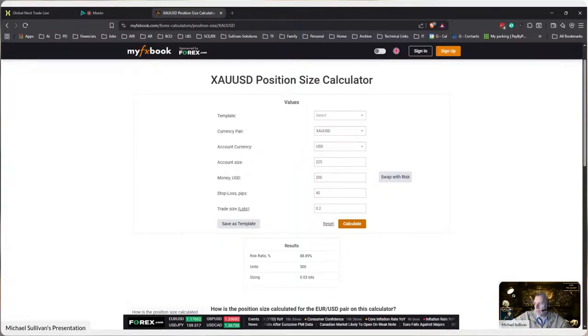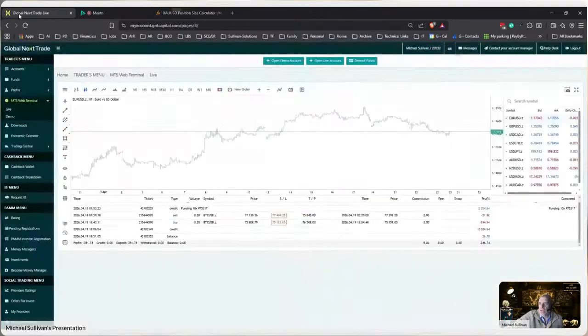So this would be recommending, if I was willing to lose $200, 0.03 lots. What I did here, the lot size is there's micro lots, mini lots, and standard lots. It has to do with the more money that you're basically putting in on the position. So on this one, if I had put in a 0.02 or a 0.03,